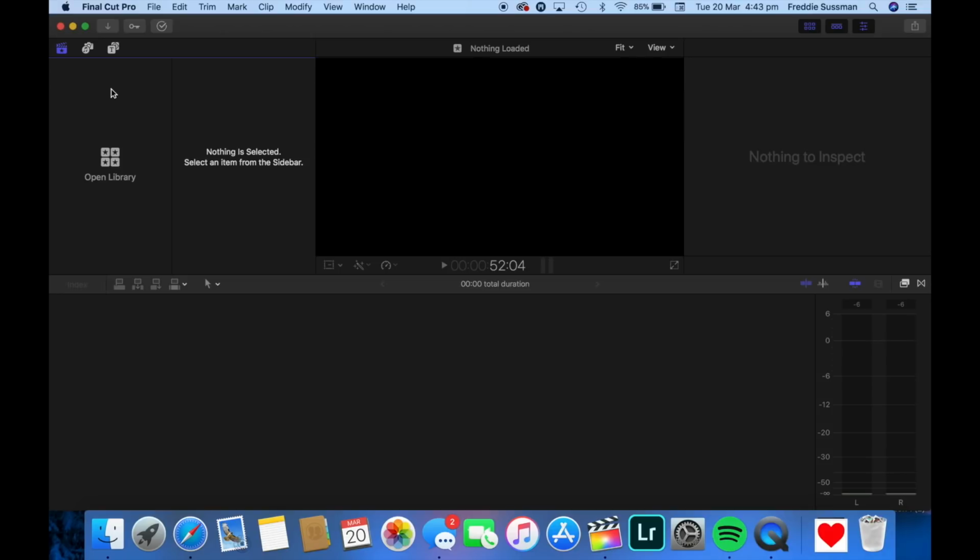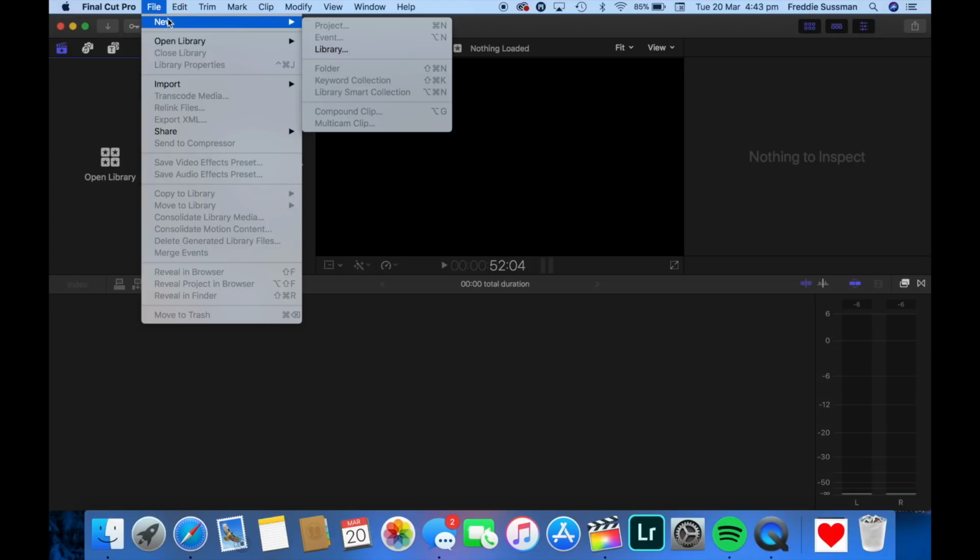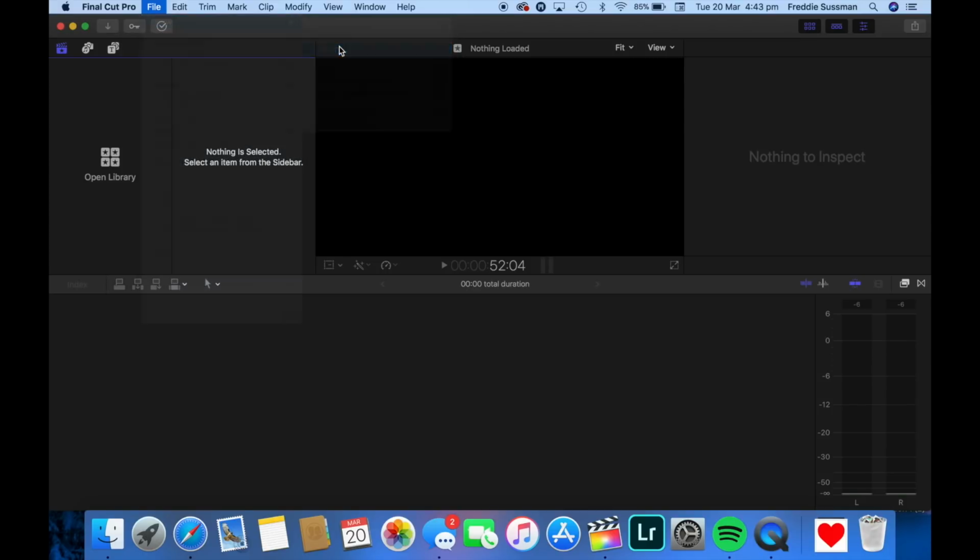So in Final Cut Pro, to start off, you have to create what's called a library. In your library you can either have an event or a project, but to start off you have to have a library. As you can see there, project we can't click, event we can't click, so we're going to need to start off by clicking new library. So we're going to click new library,